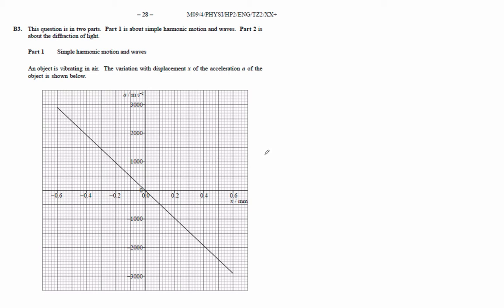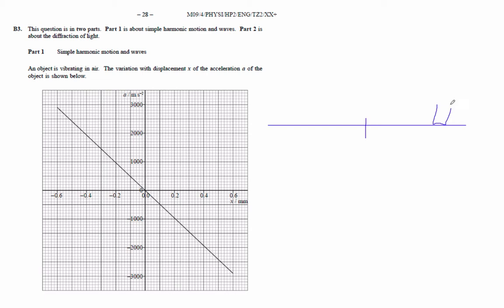An object is vibrating in the air. You gotta look out for those objects that are vibrating in the air. The variation with displacement x and the acceleration is shown below, right? So what's going on here is that they're just showing you that if something's in simple harmonic motion,